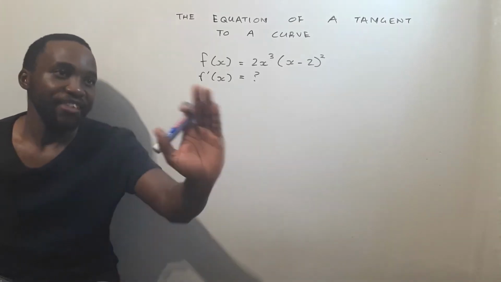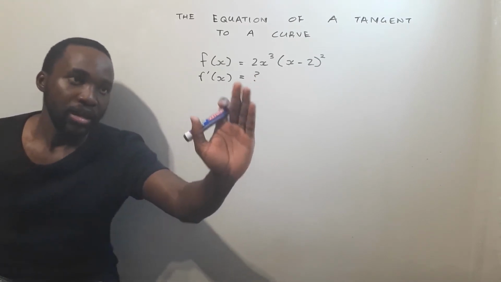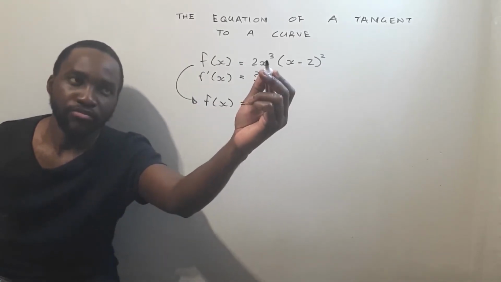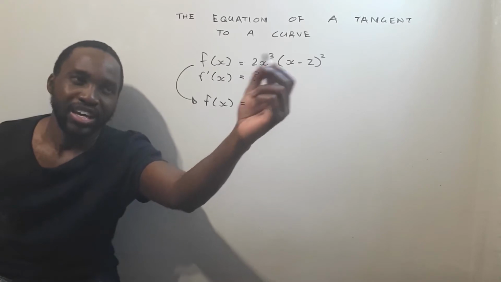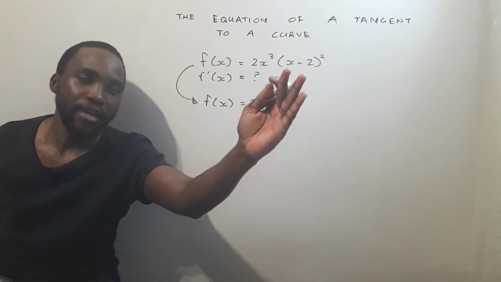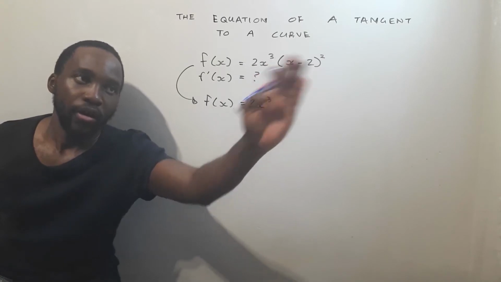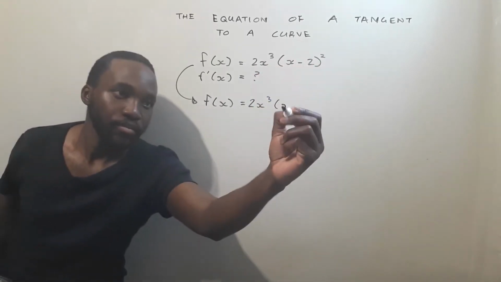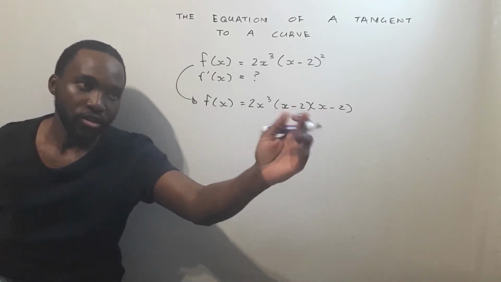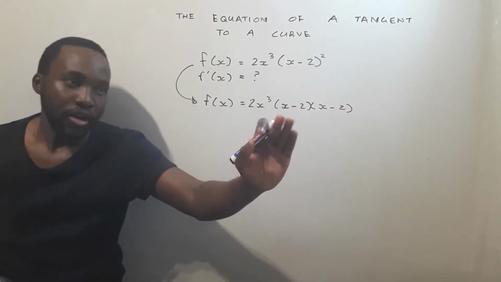Anyways, if we have to differentiate f of x, we cannot differentiate immediately. We have to simplify. Now, us simplifying means that 2x to the power of 3 for now just stays the way it is. However, can you see here we have x minus 2 in a bracket, the whole thing squared. Now, this we have to expand first. So we've expanded. If you want, you can FOIL up the two brackets first and then multiply the 2x to the power of 3. However,